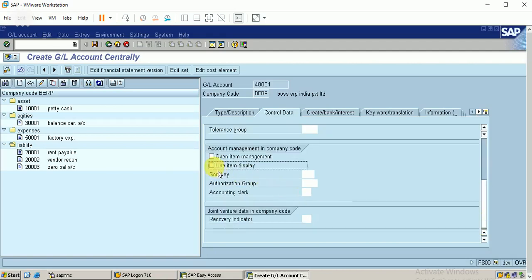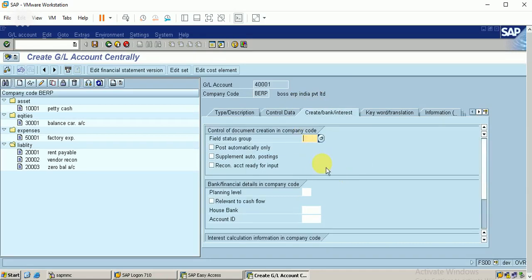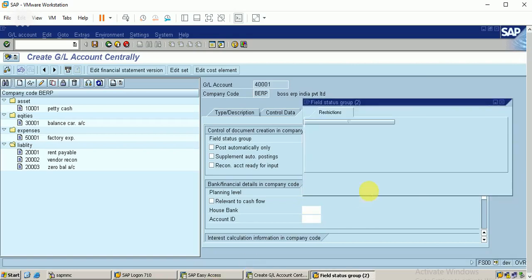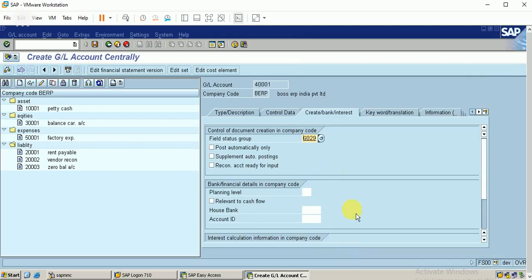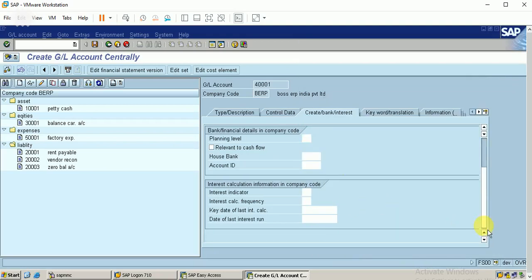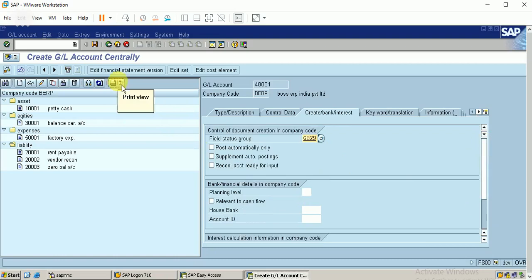Don't forget to click the line item display. Let the sort key be 001. The field status group will be specific, let's see what we can give. It is a revenue account, so I'm giving G029, some relevant field status group. Okay, I'm just saving the entry.